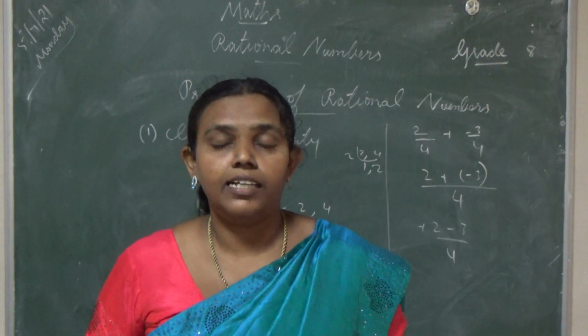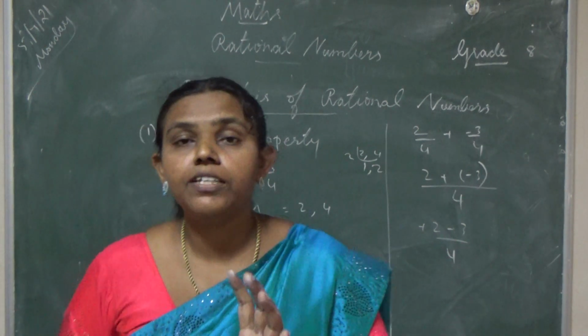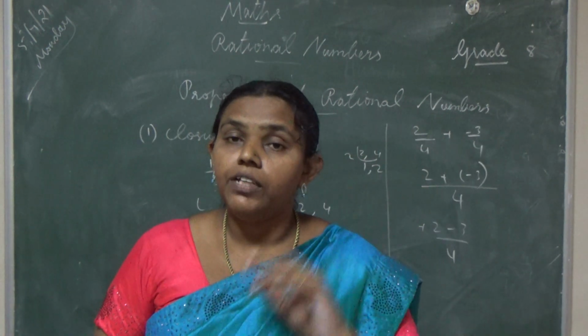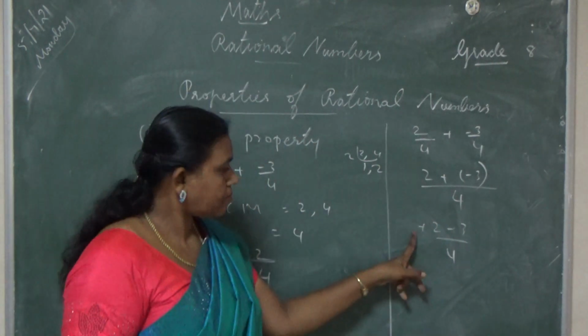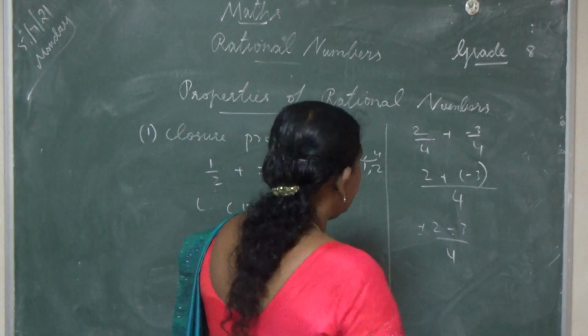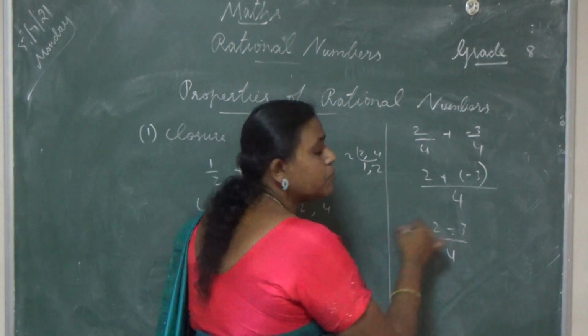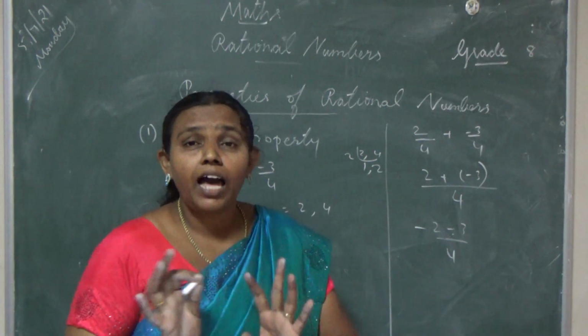What is it we cannot understand? The thing is, you are not following the rules. At each and every step we have to apply the rules you have learned in the lower classes. So here this is a different sign. Different sign means you have to subtract. For example, if same sign, what will you do? Minus 2 minus 3 means same sign, you will add. That is minus.